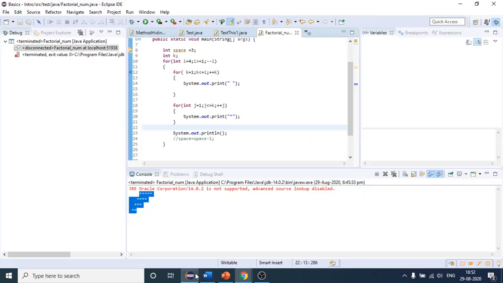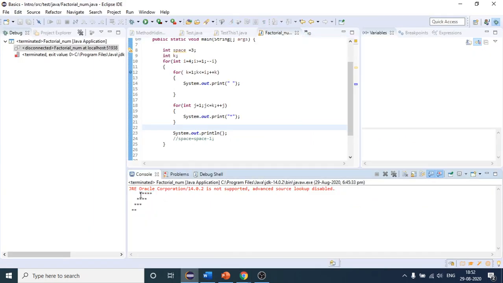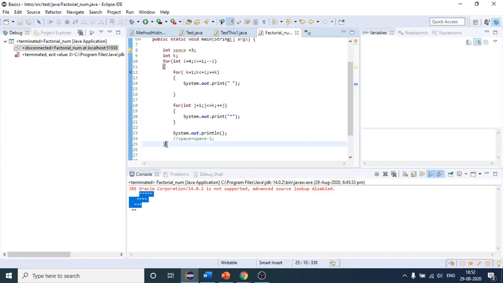Okay, wait, output should be same like this. Okay, previous one. See, you have to put the space. There is no way you can escape with this. Yeah, you have to do. You will not find any other program on the internet as well without giving that space. I am very sure.